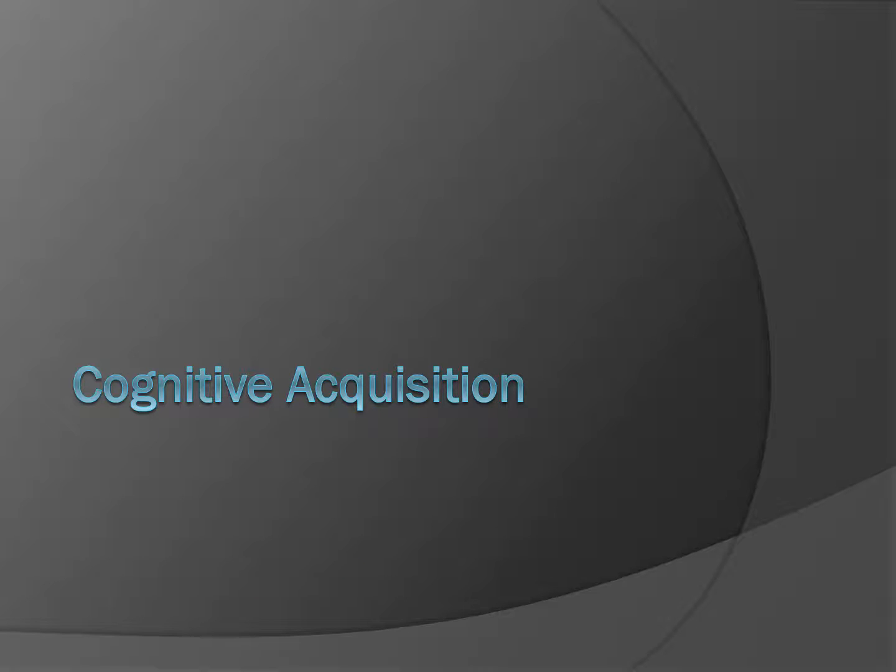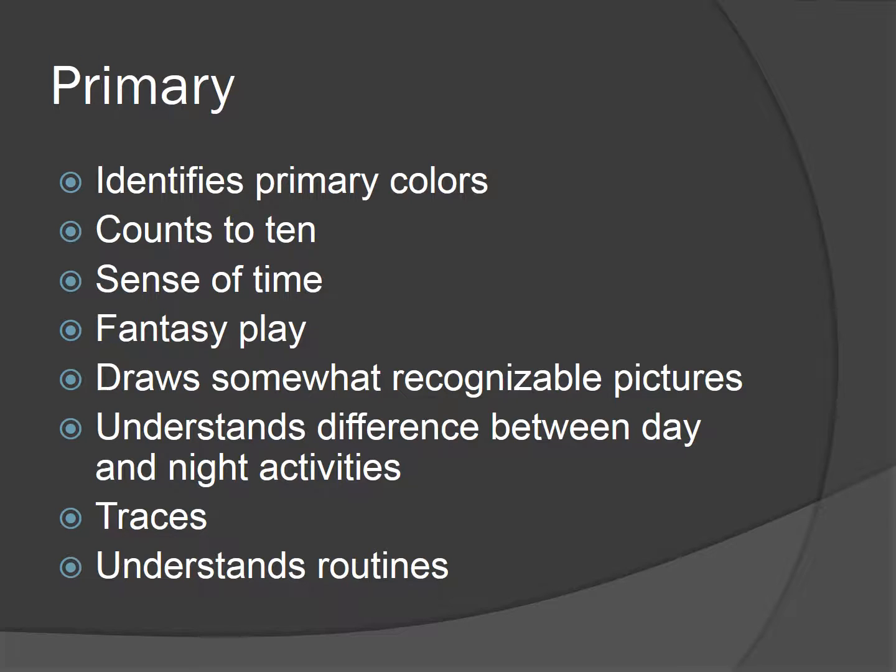Next are the cognitive acquisition stages. So the first stage is primary. In the primary stage of cognitive acquisition, a child is normally able to identify primary colors. They can usually count to 10 and have a fair sense of time. They can understand the difference between day and night activities, which helps them understand routines. They usually do fantasy play, and they can draw somewhat recognizable pictures, but they also spend a lot of time